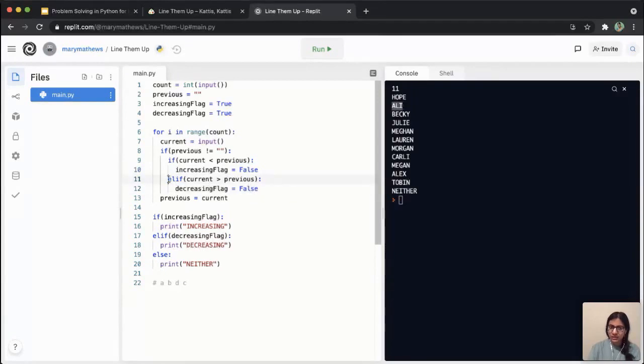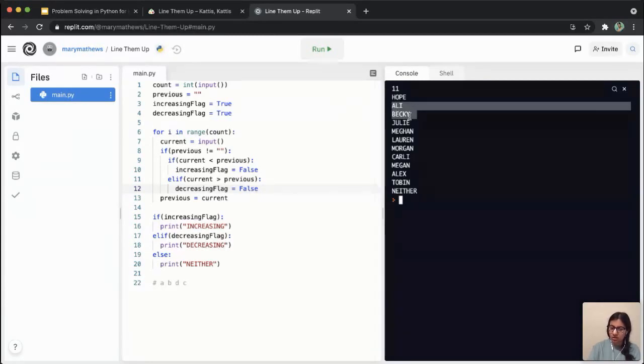So it will come in here, current is greater than previous, and it will set the decreasing flag to false, meaning my names are definitely not decreasing now because I have these two sorted in increasing or ascending order. And that process will keep repeating for every name in the list. So what I'm doing basically is just comparing names two at a time. That's the basic logic of this.